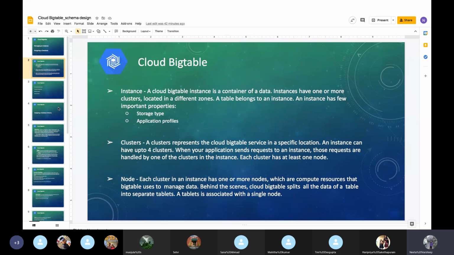Is it clear? So, the node is the smallest one, something like that. It's not exactly a tree, but it's a part of a big table, like a whole database. So the instance is the bigger one. Am I correct? Yes. Okay. Thanks. So instances have clusters and clusters have nodes.